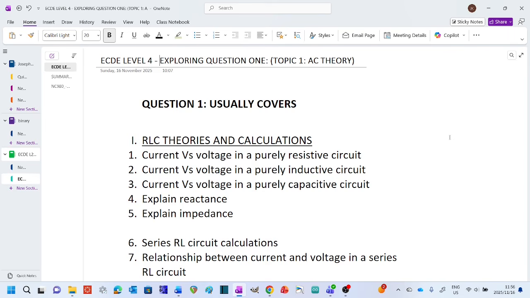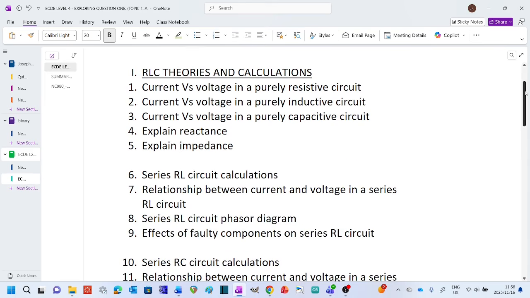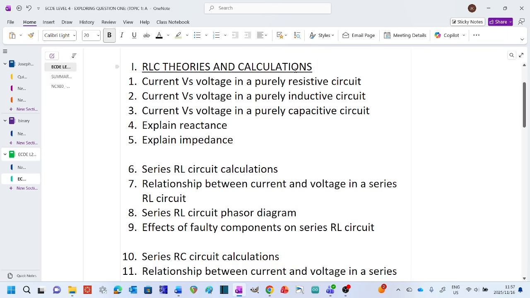I'm not sure if it's always going to be like that, but in most papers we've tried to explore that is the case. So we're going to explore question 1, which is topic 1 actually. So element of focus. Usually here you are dealing with RLC theories. So RLC theories, which means you go from current versus voltage in a purely